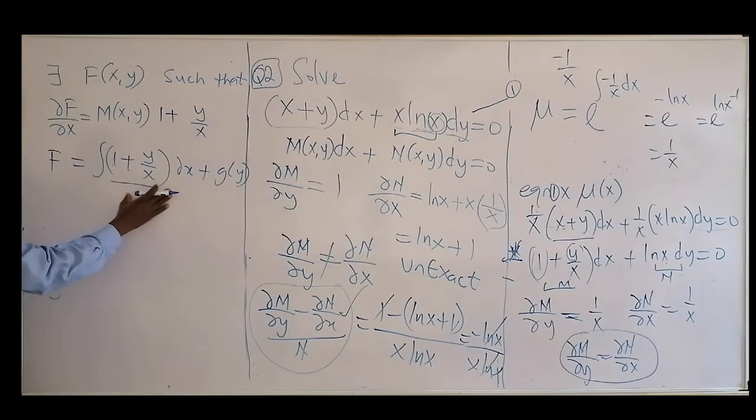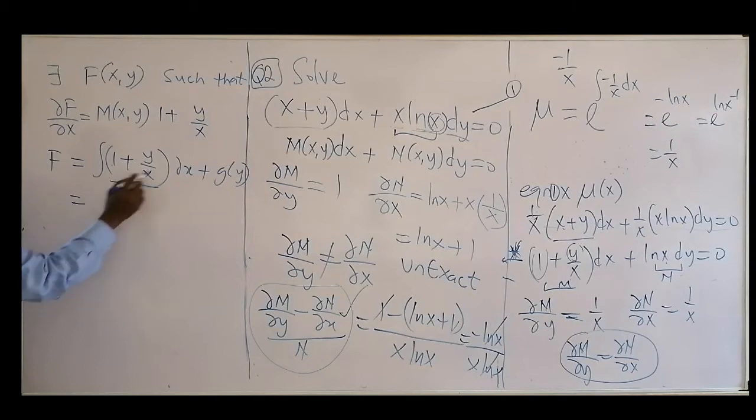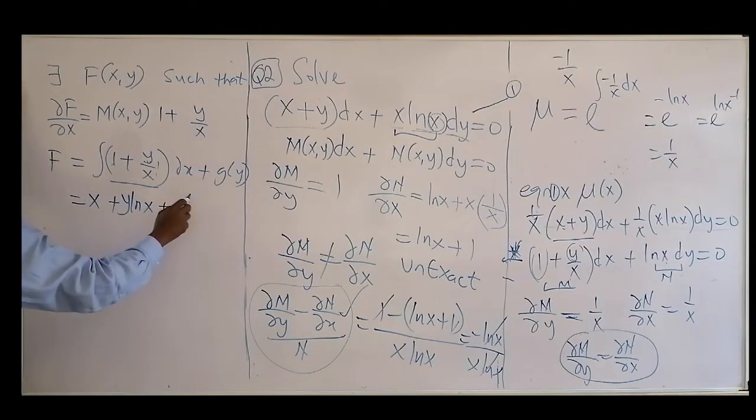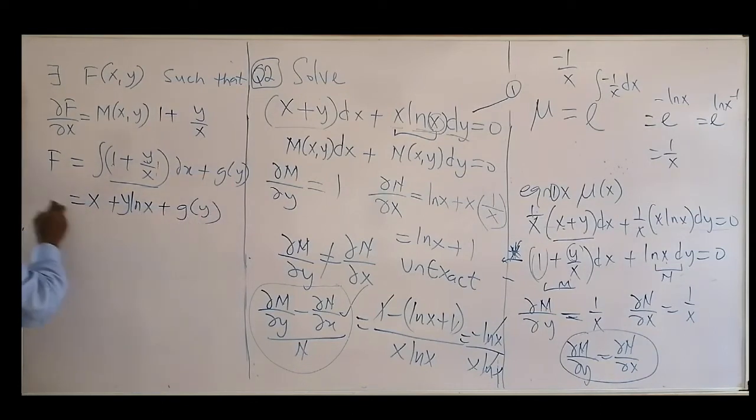From here, the integral of this will be equal to the integral of 1, which is x, plus you keep this one constant. You're only integrating with respect to x. So that's 1 over x, and that will be ln x, and y is just like a constant, so that constant will go out, like 4 or 3 would go outside. And then you will need to differentiate that function. The integral of 1 over x is ln x, plus g prime of y.